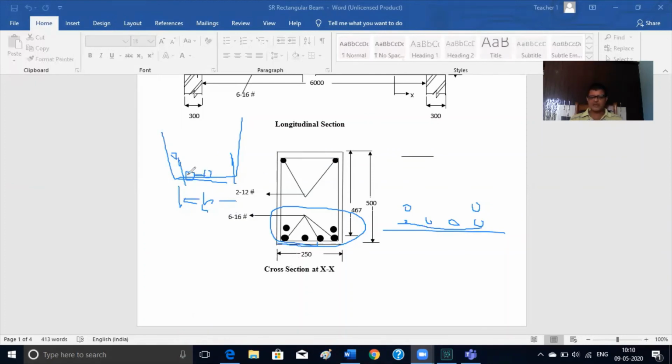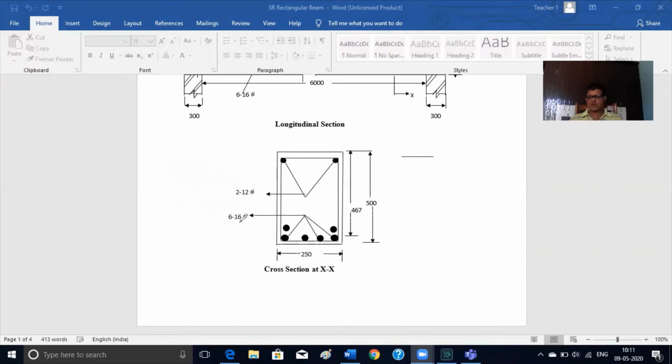If it is 25 millimeter, if you put 4 bars, there will be 3 spacings. 1, 2, 3, 4 bars means 1, 2, 3 spacings. 75 into 175. So now 175 is not available. So 3 bars will be on the bottom, 3 bars on top. So 1 bar has to go here because it cannot be accommodated in the width. You have to find how many bars can be spaced. So bar diameter is known, but the spacing between these two also has to be sufficient as per the codal provision, so that the vibrators can go inside the concrete. If the spacing is very less, then concrete cannot be compacted because vibrators cannot go below this.